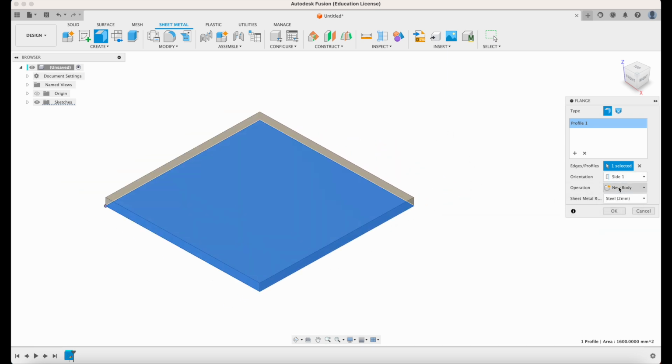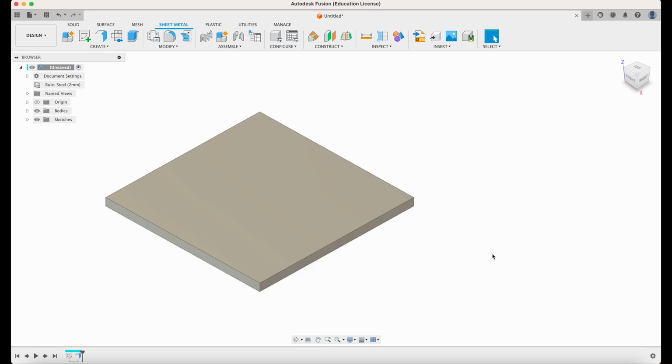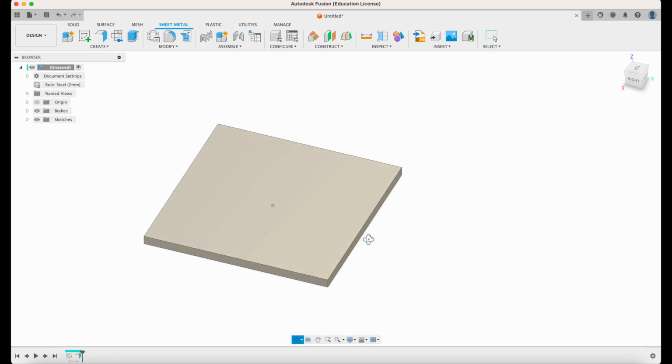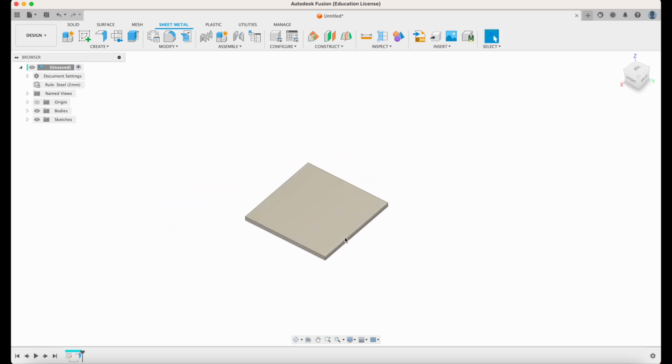Of course, I'm doing a new body because I don't have anything else. Now, the last one is kind of important because here you're selecting your material and your thickness. For this example, I'm going to do a steel piece, which is 2 millimeters in thickness. Then I'm going to select OK. Now you can see that the icon in my history is a flange icon. Now this flange icon gives me a couple of